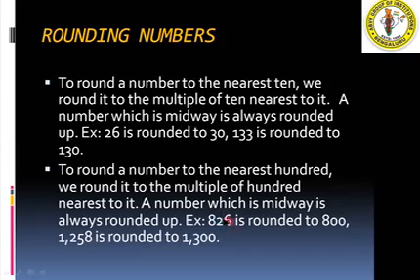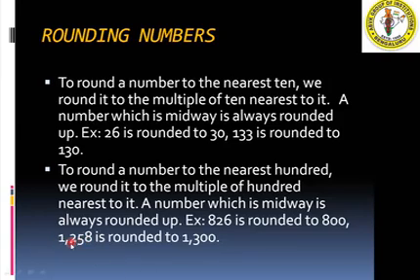When you round to the nearest 100, you have to check the tens place. In the tens place, you have 2, which is less than 5. We know that if it is less than 5, the number is not going to change. If it is greater than 5, the number will change to the next number. So here 2 is less than 5, so this number will not change. This will become 800. So 826 is rounded to 800.